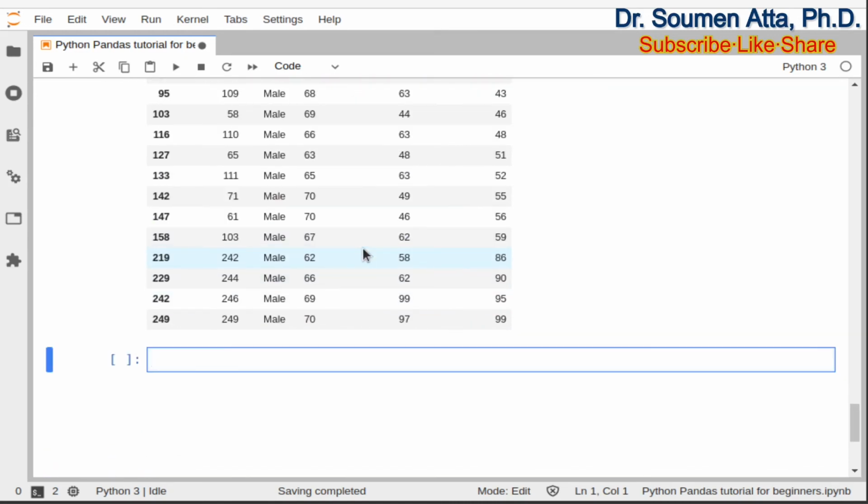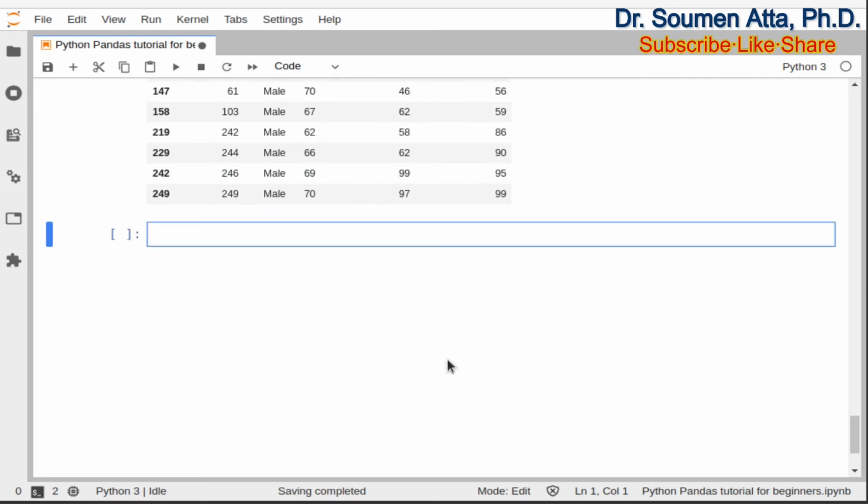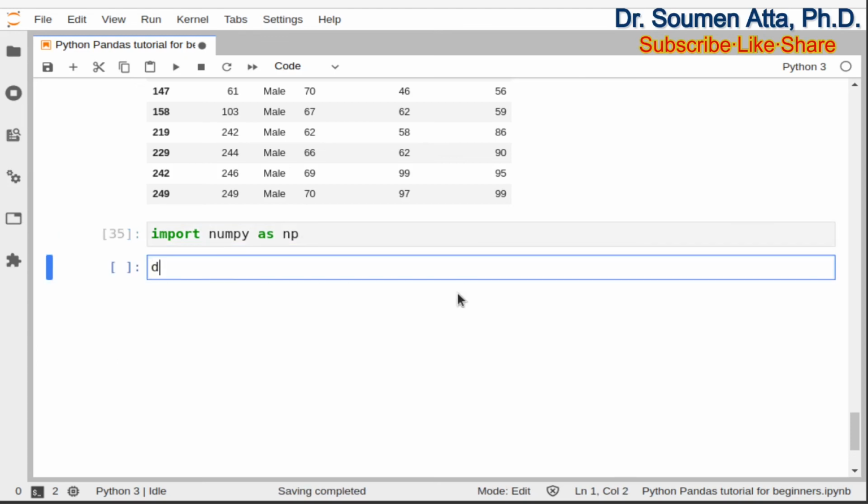In the following example, it is shown how to compute the means of the gender and age columns of the input data frame df using the aggregate function. Here we have used numpy's mean function. Any user defined functions can also be used. Since we will use numpy's mean function, we need to import numpy. For that we need to write the command like this, import numpy as np, and we need to write down the command like this,